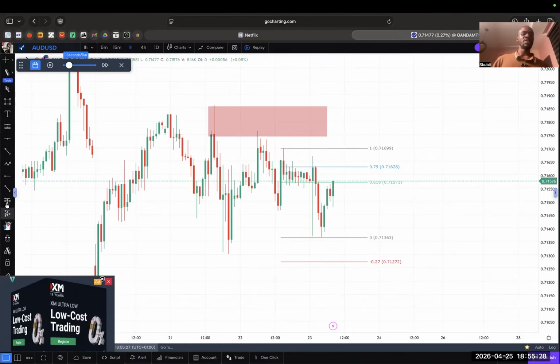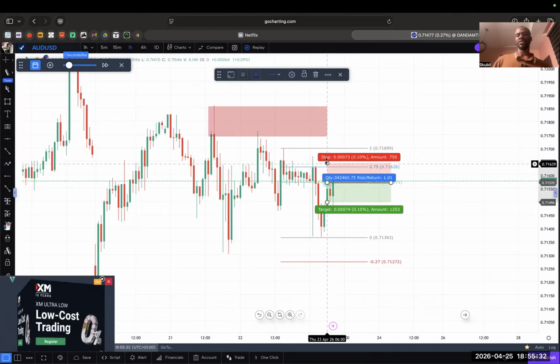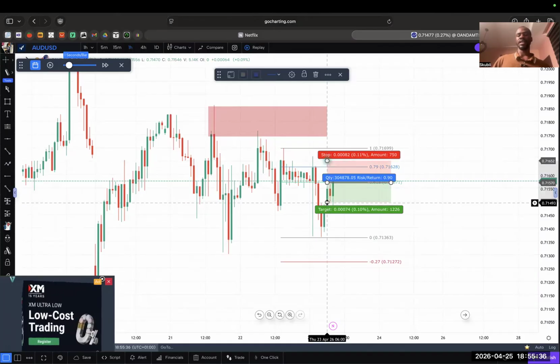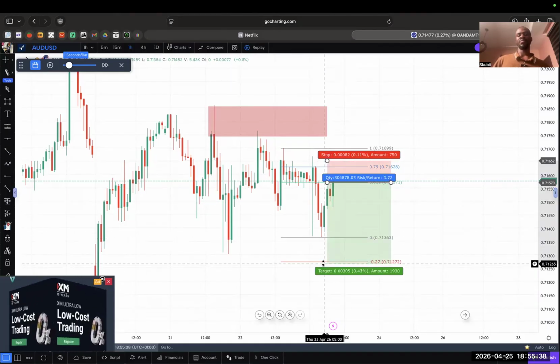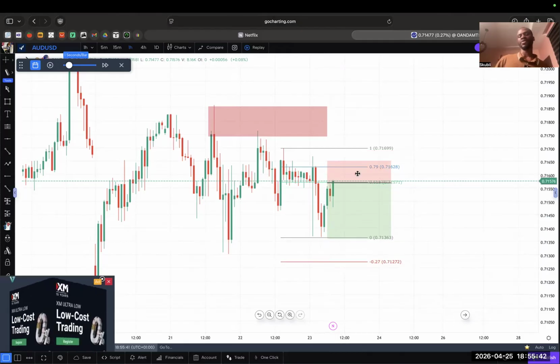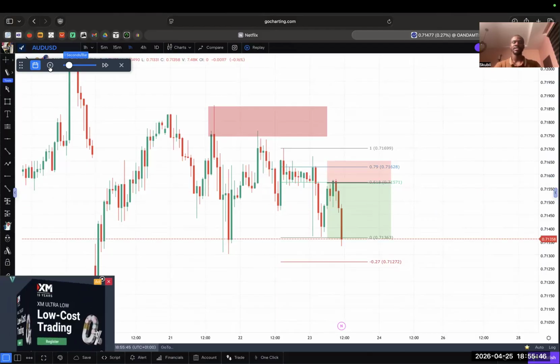And if we were looking to jump on this trade, what we would have done basically was sell here at the 0.618, stop loss a few pips above 0.79, and then target either the 0 or minus 0.27, something like this or something like this. This would have been the obvious trade. And this one actually happened. I think it was 2 or 3 candlesticks that hit take profit.